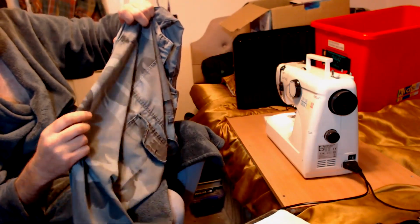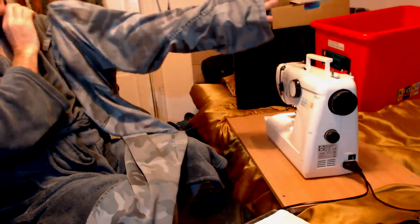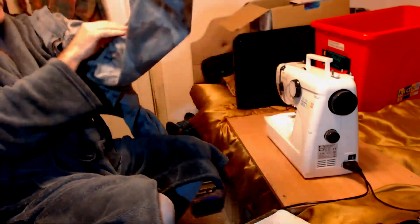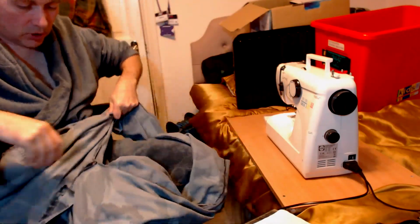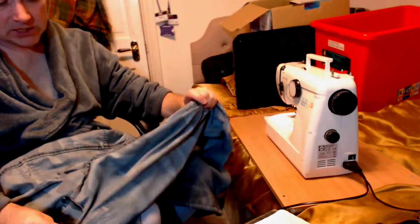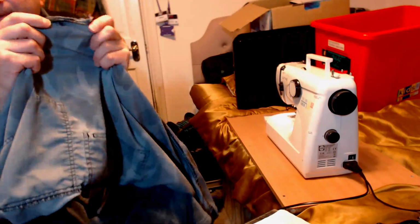Right, now these are literally sort of scuddy stuff, so I'm not going to do an amazing job on these. These are not for television. These are just old things. So what you have to do is turn everything inside out so you can see the seams. You can see here that the seams...